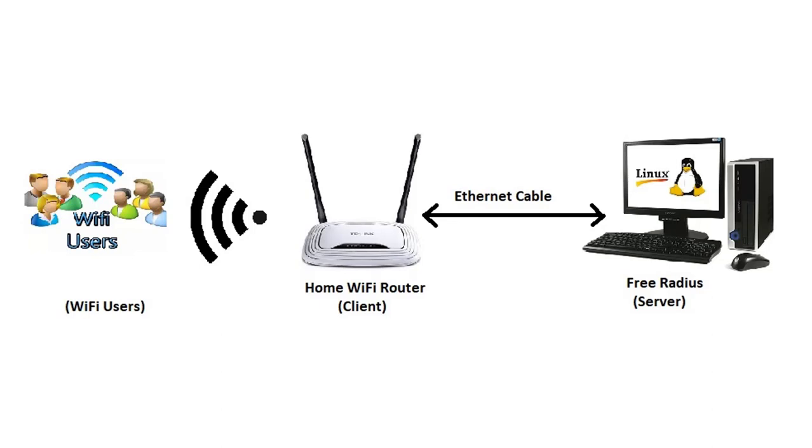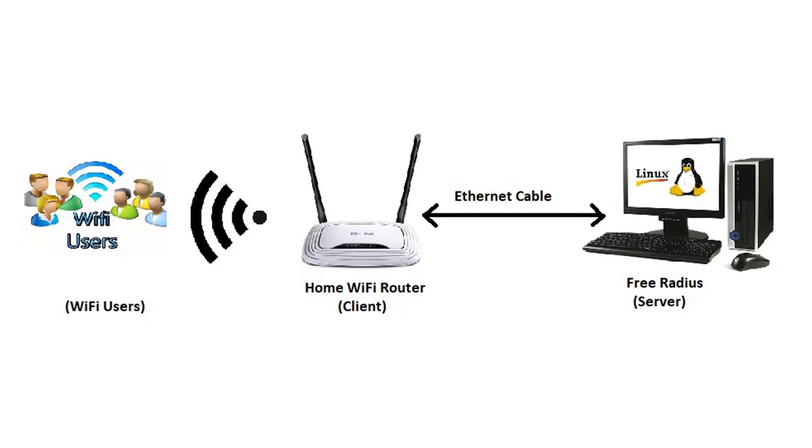Let's start the video. Here I will give some overview of how we can achieve this. We will install FreeRADIUS Server on a PC and connect the PC to the Wi-Fi router using an Ethernet cable. Here our Wi-Fi router will act as a client. Server and client will authenticate each other with a secret password, which we will configure in the client configuration file in FreeRADIUS Server. We will also configure the users file in Radius Server and add each user with a different username and password, just like a database.